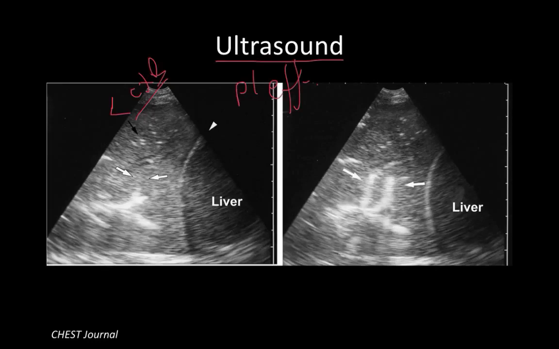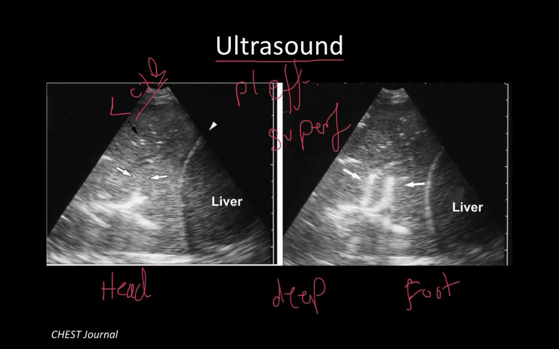So, to understand an ultrasound image, I have to explain the usual orientation of ultrasonography. Usually, the left side of the screen is the head of the patient. The right side of the screen is the foot of the patient. The top of the screen is superficial, and deep is the lower part of the screen. So in this case, holding the probe in a sagittal orientation, shooting the beam this way, we can identify the diaphragm on the right side,